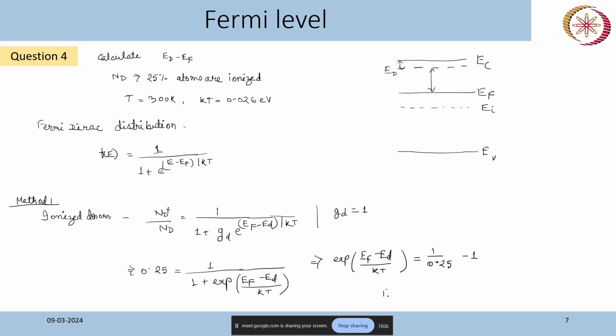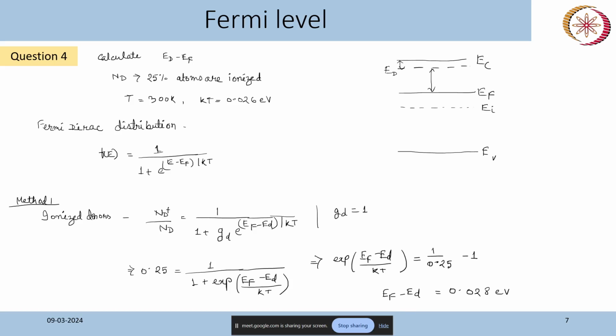So here we are getting Ef minus Ed as 0.028 electron volt. Okay, the question is given in such a way that we are getting Ef minus Ed as a positive quantity, but